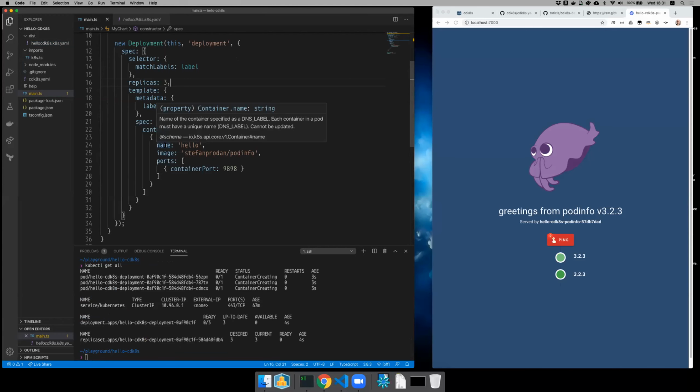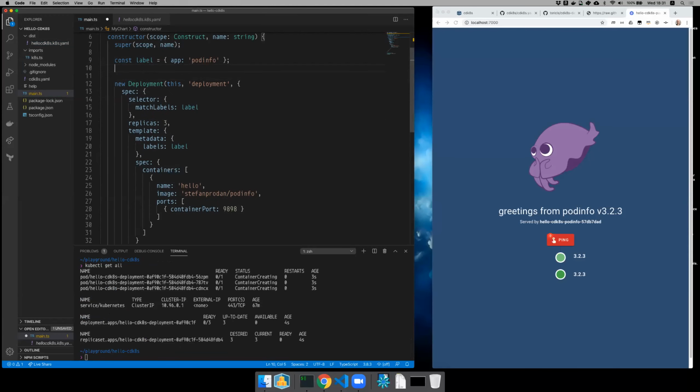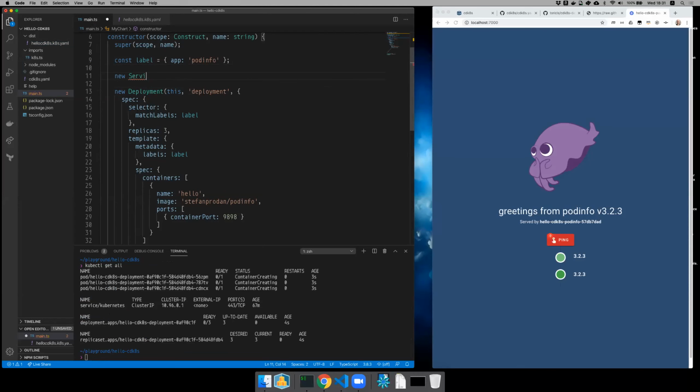Cool. Now, in order to access this, the next thing is to add a service, so we can do that pretty easily. But you know what? Before I do that, it feels redundant, right? I've been doing this for a while, and every time I go and define a Kubernetes application, I always end up with this couple, service and deployment, and then I end up with a horizontal pod autoscaler and an ingress controller, and these patterns are constantly coming back to me. And so, as Nate said, one of the value propositions of CDKs is the ability to write these custom constructs and basically share them as normal libraries.